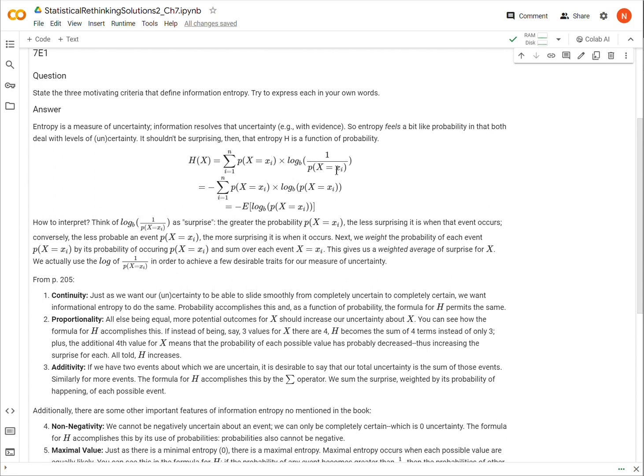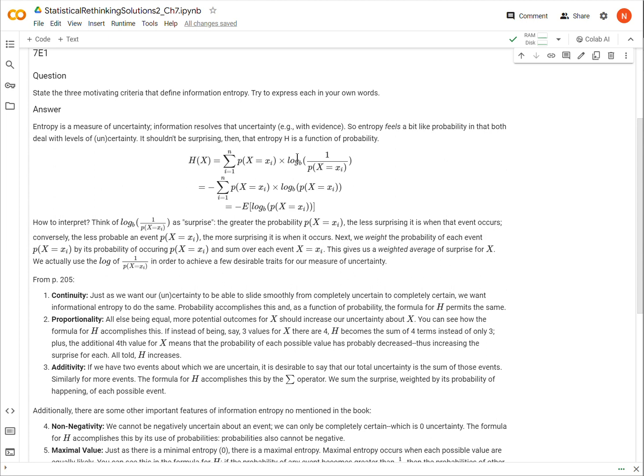But now let's take the probability of little x to be very low, right? So a value of x shows up, and it doesn't come up very often. Well, then this denominator is going to be very small, and so 1 over a small number is a big number, okay? There's more surprise, and again, intuitively, that should make sense. The less probable something is, the more surprised we are when it happens, okay? So that's the surprise term.